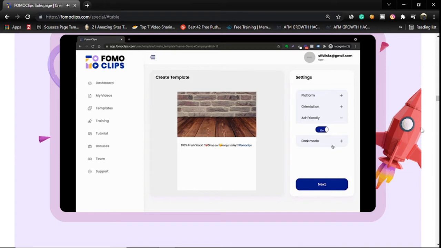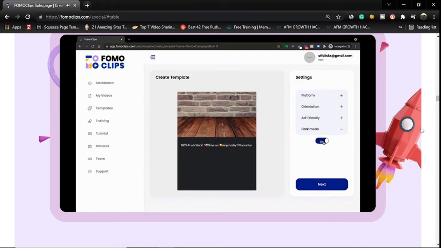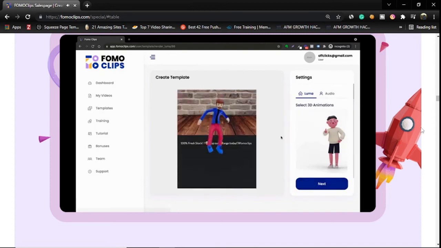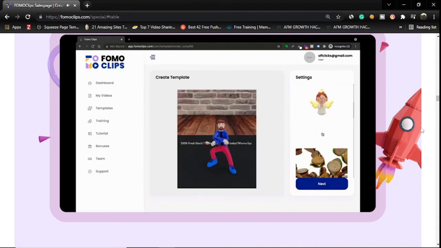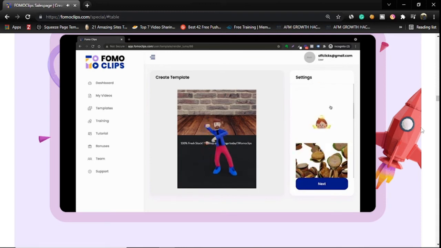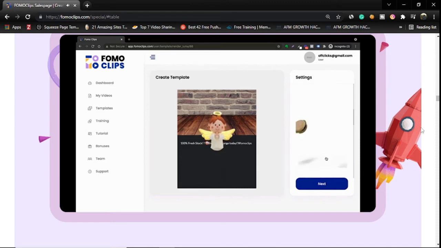You can also switch on and off the dark mode. So let us switch on the dark mode. In the next step, you would be able to choose and customize the character. So for example, this was the preloaded character. You can always choose a new character. So if you want this angel, or if you want these burgers,